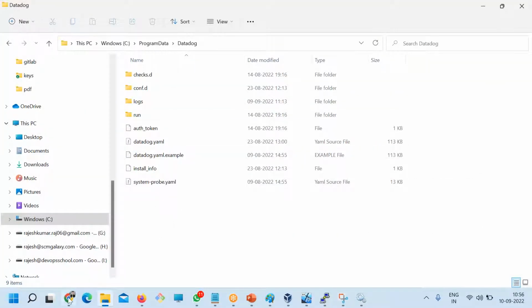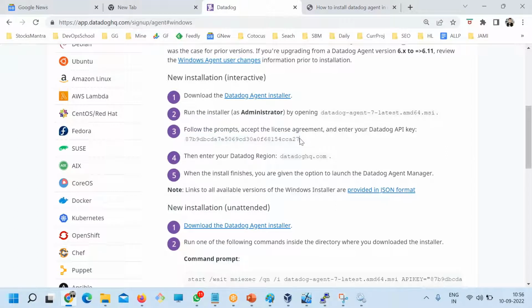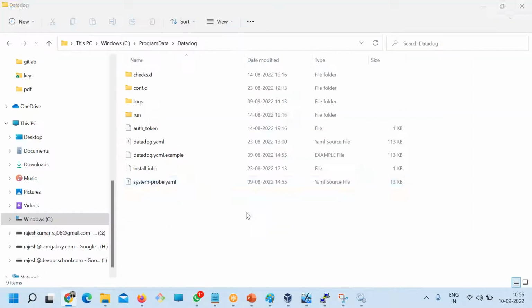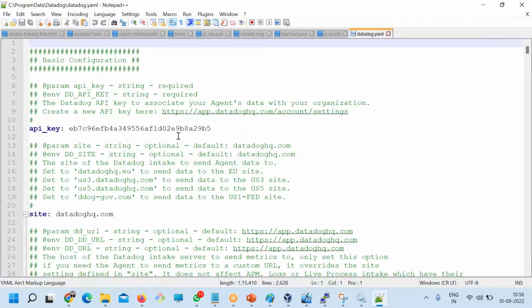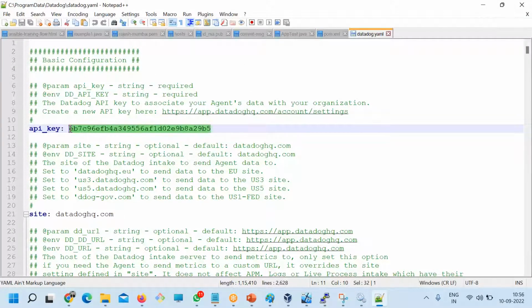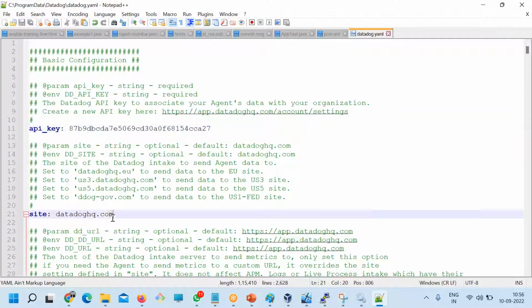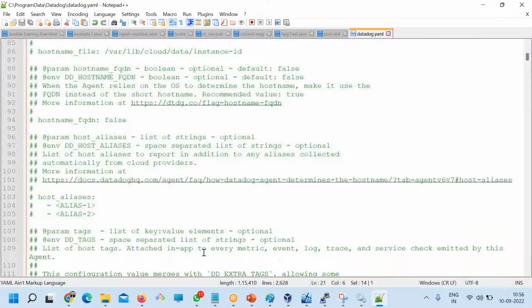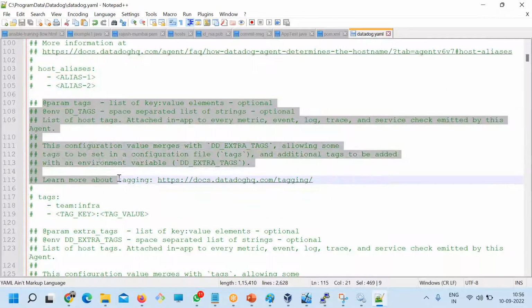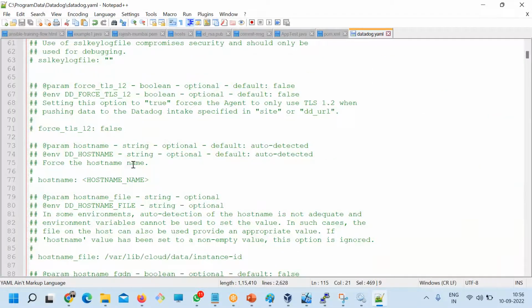Because I installed this agent already with the MSI, I just need to modify this file. This file is important. The datadog.yaml file is the configuration file which you have to modify. So let me do that. Here this key is the older one. I'll just modify this. The site is the correct one. The rest of the things you can study, sufficient notes are given, and get started.